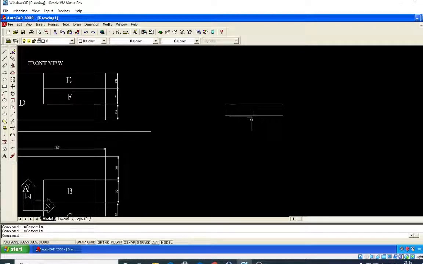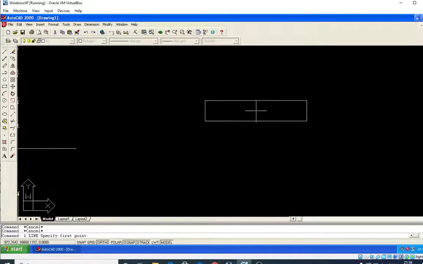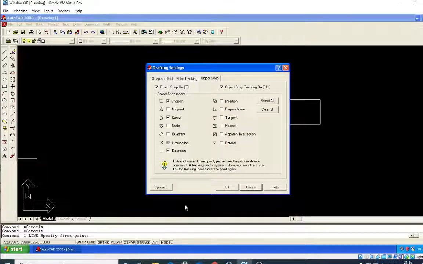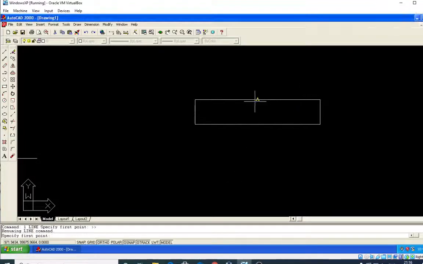Dear students, while drawing this kind of sketch, take a center line also, that is very important. L, enter. See, this center line is not indicated, it is not highlighted here. What should I do? Go to snap, right click on this, settings, select all of these, so that center is also available and now you can highlight it.